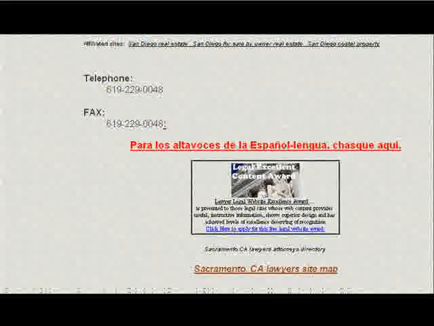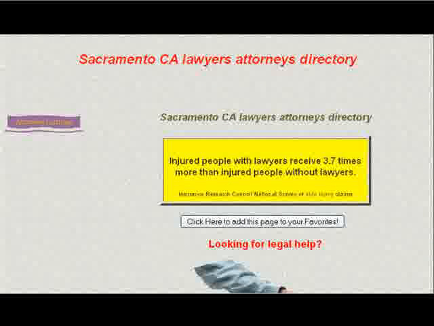So how do you check out a directory site? The biggest mistake people make is they take a look at the site, take a look at the graphics, and see what it looks like, and what price they're going to be charged. Those are all major mistakes that you can make, because it has nothing to do with quality traffic or any traffic for that matter. So these are a couple little pointers that you should be aware of if you're going to be